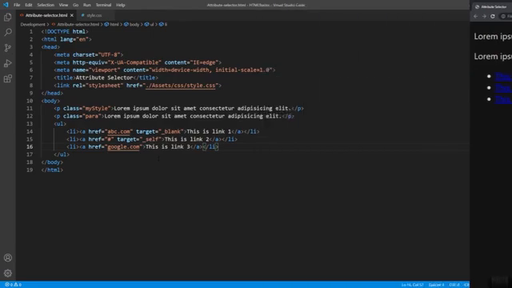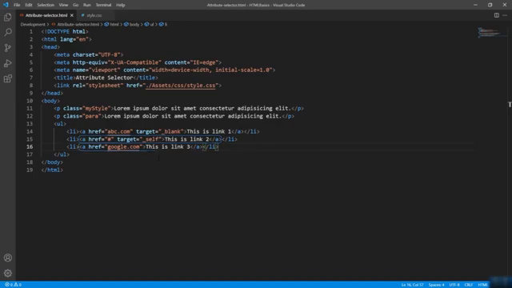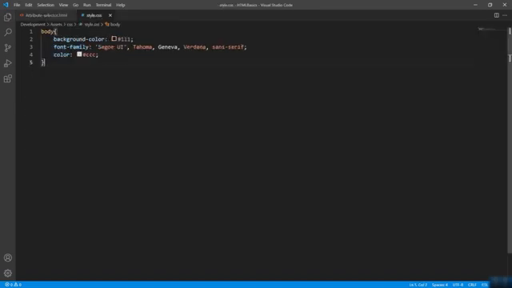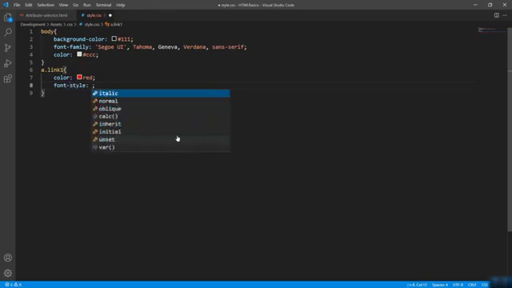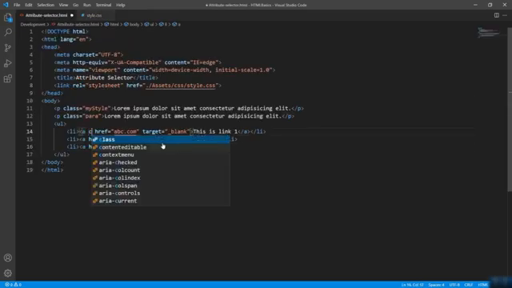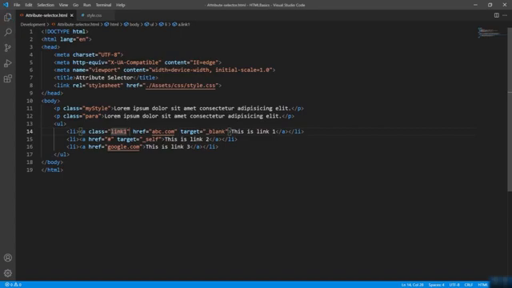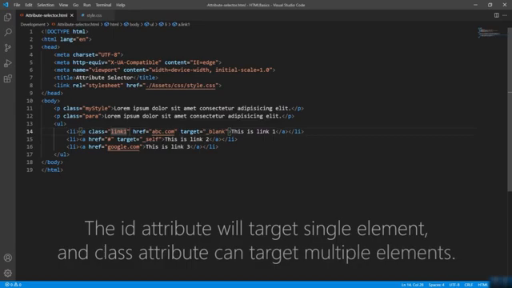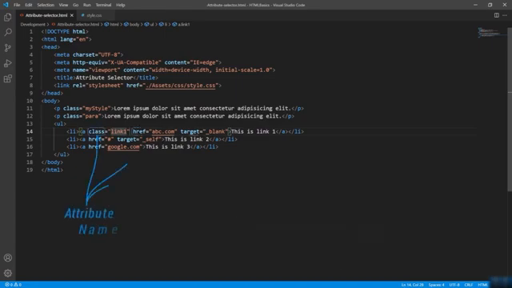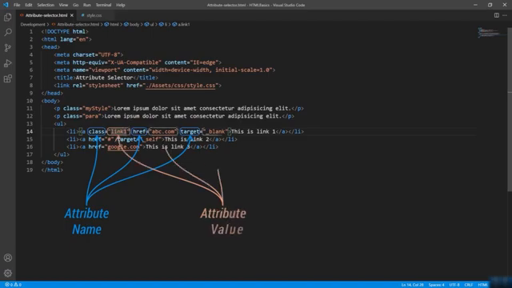Now let's say I want to style the anchor tag, or rather want to apply style to a particular anchor only. So your approach generally may look like this, where you have the a.link, and this is how you give various CSS rules. So you'll give the class name to it and apply the styling. But as I mentioned earlier, the ID attribute will target a single element and class can target multiple elements. But if you want that instead of the attribute name, you want to target the value of the attribute, you